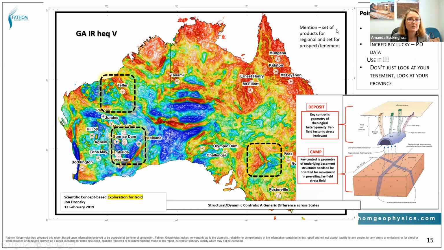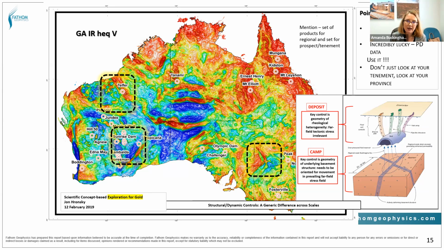So I've got 3 example areas, and let's see if I can get through them all. One point that is important to make, and I said earlier that you can apply what I'm talking about to any scale, and that's true. But there's a difference between what you would use in terms of your deposit model and your mineral systems approach at the camp scale versus the deposit scale. So understanding where the controls are and what you want to pull out of your data at those 2 scales